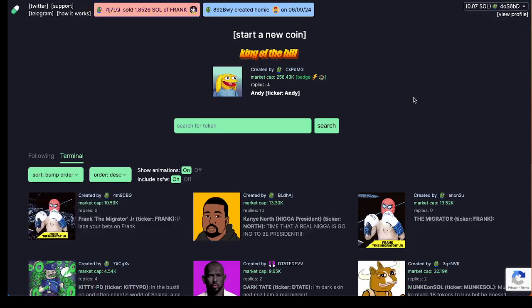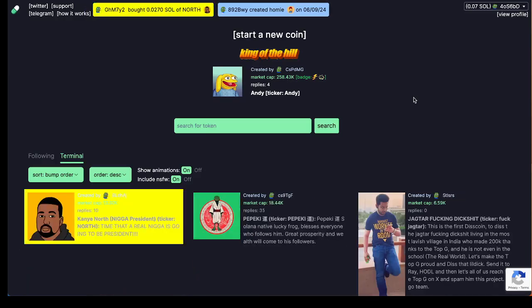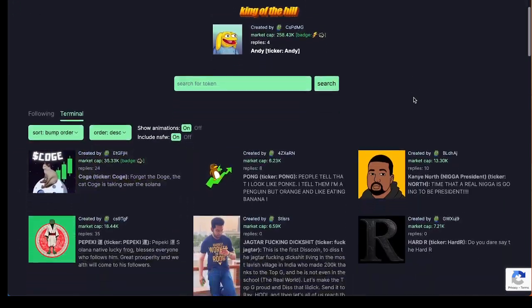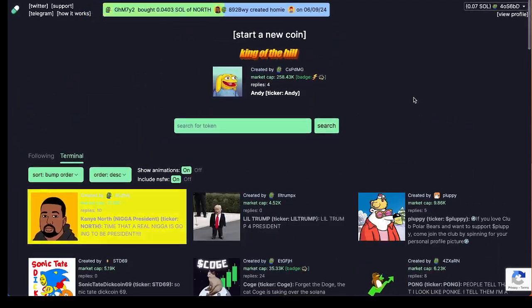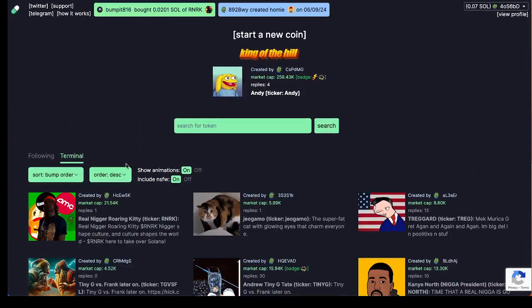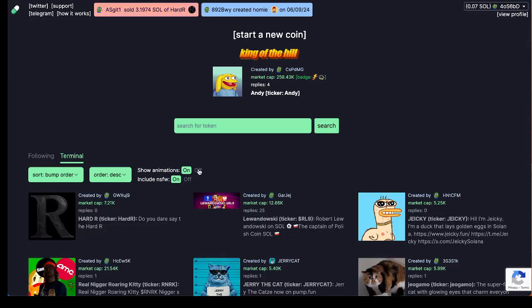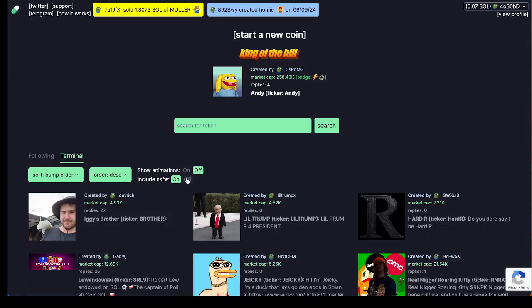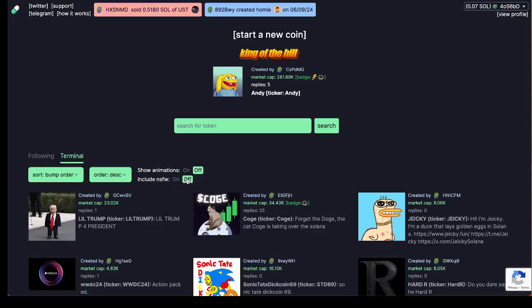to buy and sell on this website. So the first thing you can see, there is a lot of lightning here and animation. If you don't like this, you just have to click on off for the animation, and off here too. The first thing you have to do is connect your wallet right here. You have to have a Sol wallet to connect Phantom or whatever you're using,